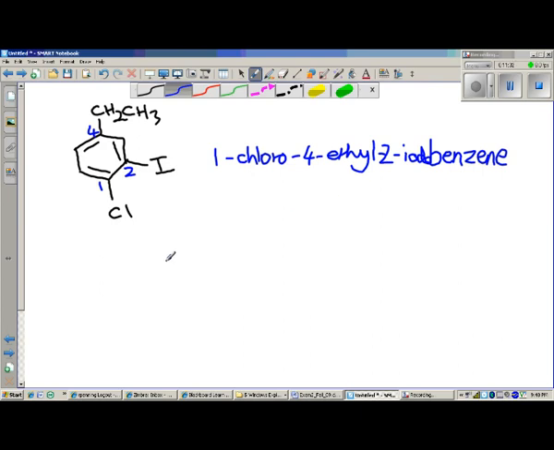Why don't we do another one of those? Because I want to make sure that nobody is totally confused about this. Let me just pull something out of my hat and see what we can do. If I do this, we have another benzene ring here. So we have this, this, and this. And what should we put on there? Let's put a bromine on there. Okay. Let's put an isopropyl group, and then let's put a